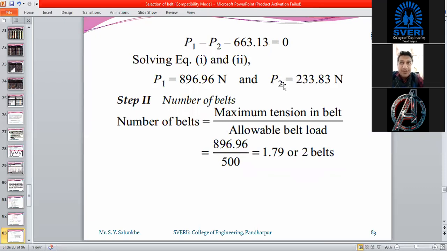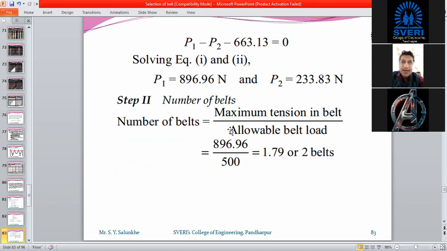Now let me tell you one thing: this type of problem is actually not included in our syllabus. In our syllabus, the problems which I have discussed previously, that type of problems are included. But this is an additional one, which was in theory of machine 2 and the machine design syllabus. Okay, all this was included previously in theory of machine 2, but now it has been removed from theory of machine 2 and from machine design also. But just for the sake of your understanding, I am discussing it. This type of problem definitely will not be asked in the exam, either online or offline.